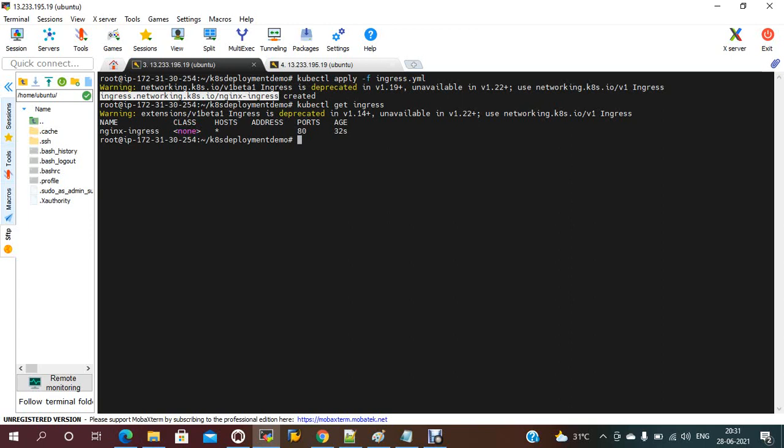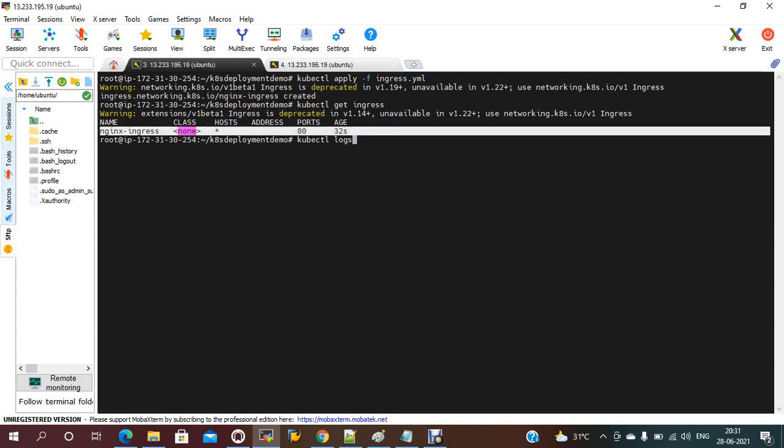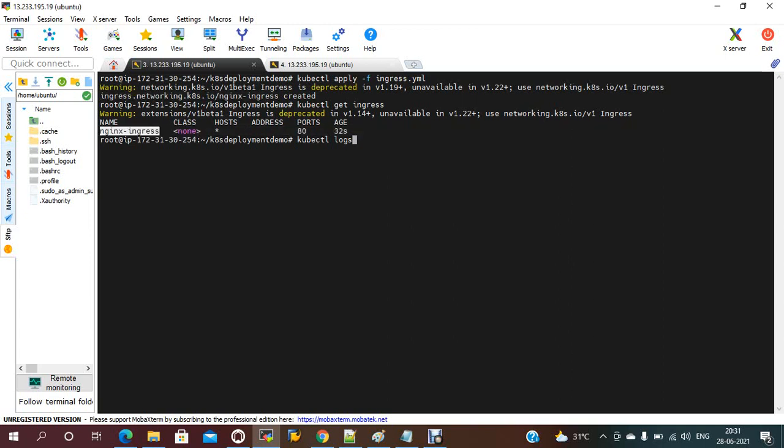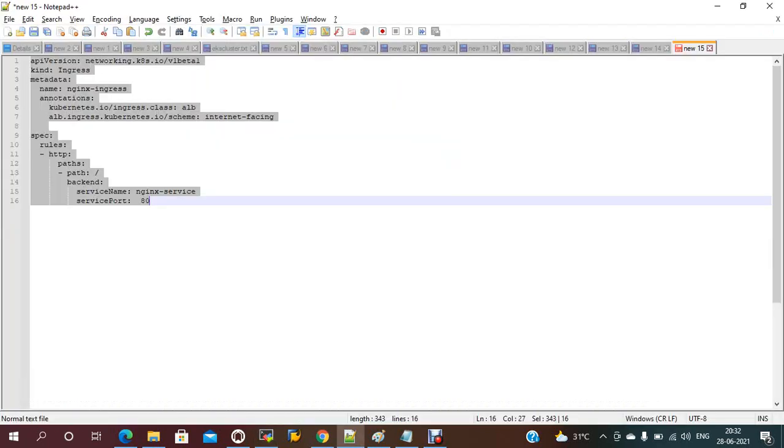If it is not created, we have to check kubectl logs for the ingress file with -n kube-system. Error: Nginx ingress is not found.